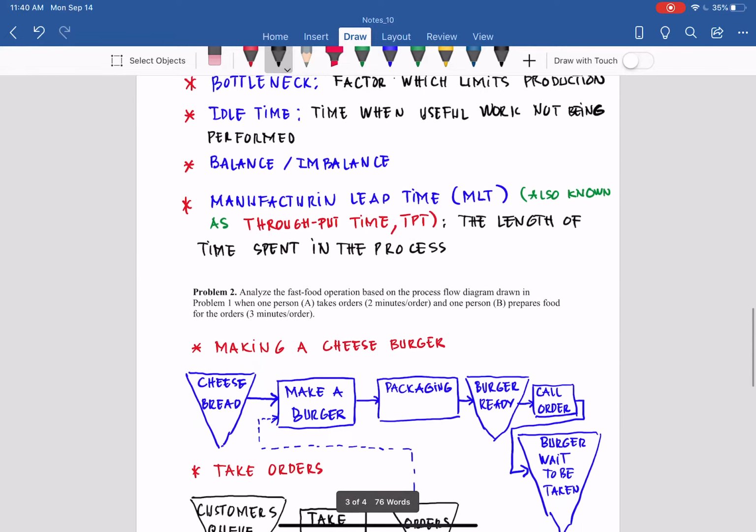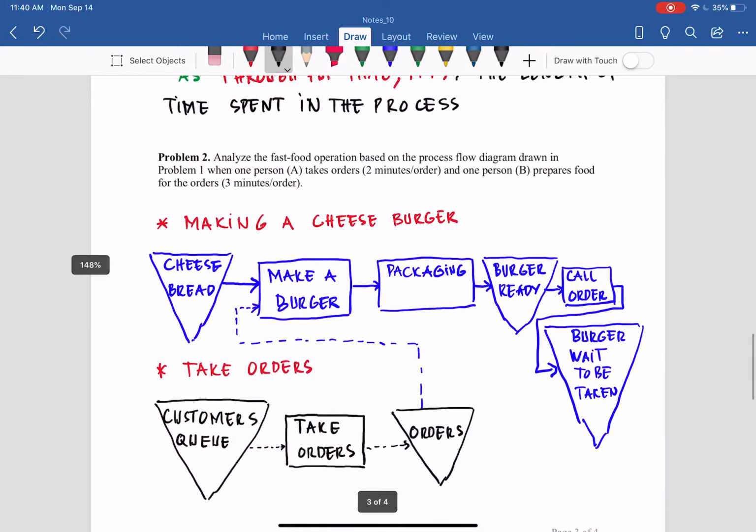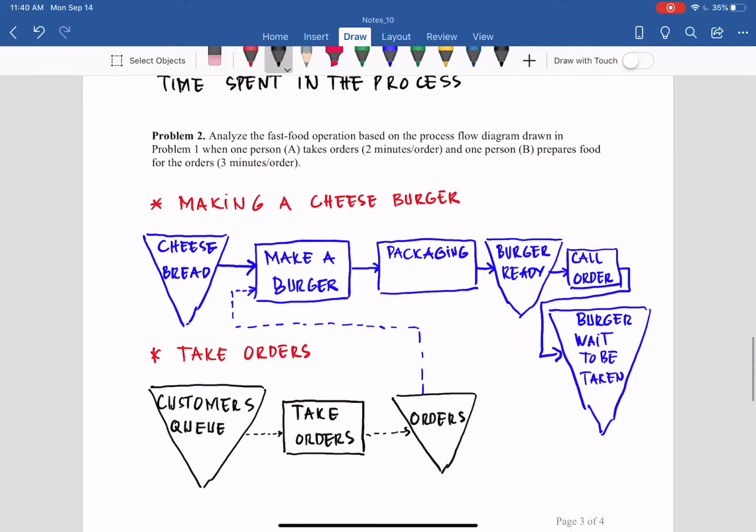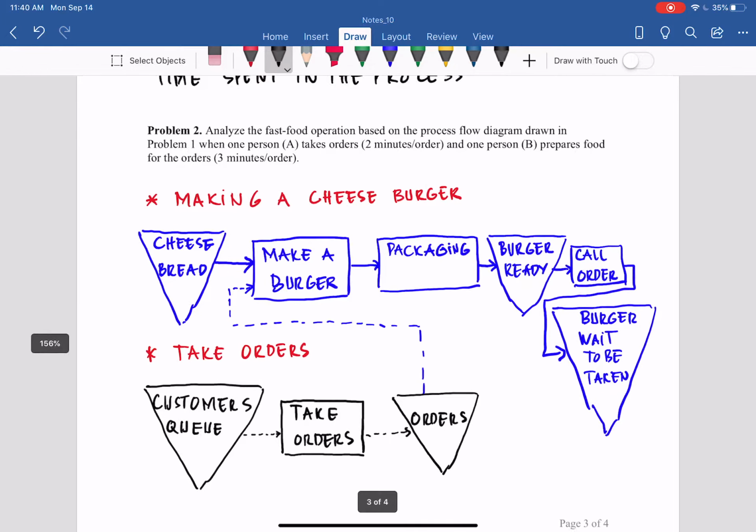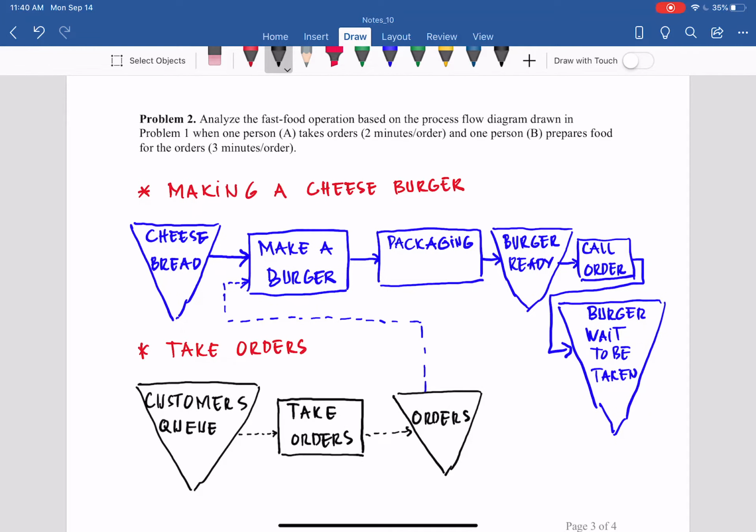So let's quickly apply to problem 2. Problem 2 is to analyze the fast food operation based on the process flow diagram drawn in problem 1. So we already drew that. If you are not sure, go watch the lesson video that involves problem 1, which I copied down here. But with additional information, when